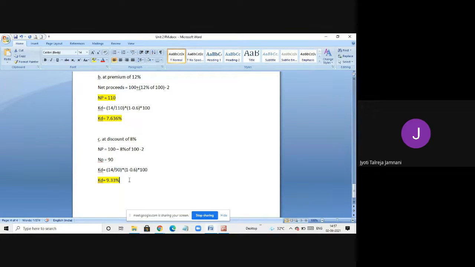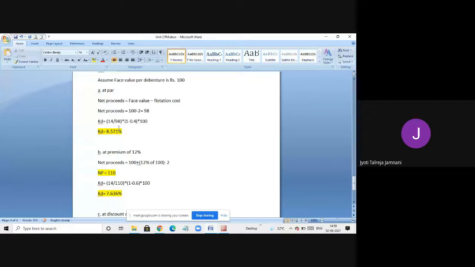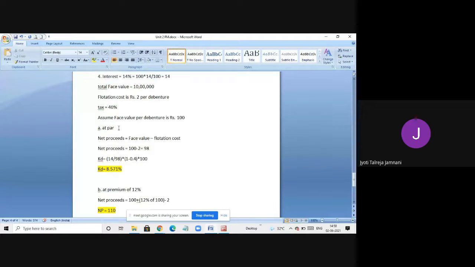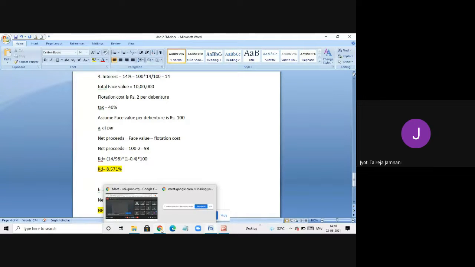So that is the reason they say when you issue at discount, the cost on the company will be high, because even if the amount received is less, you need to pay the interest on the face value. You cannot pay it on the discounted value. So when you issue at discount, the cost will be high. At premium, it will be low, and at par, it will be in between those two. Above sums also, you can check the same trend has followed. If you have any doubts, you can ask. Otherwise, we'll continue in the next class. You can type your roll numbers and leave the meeting.